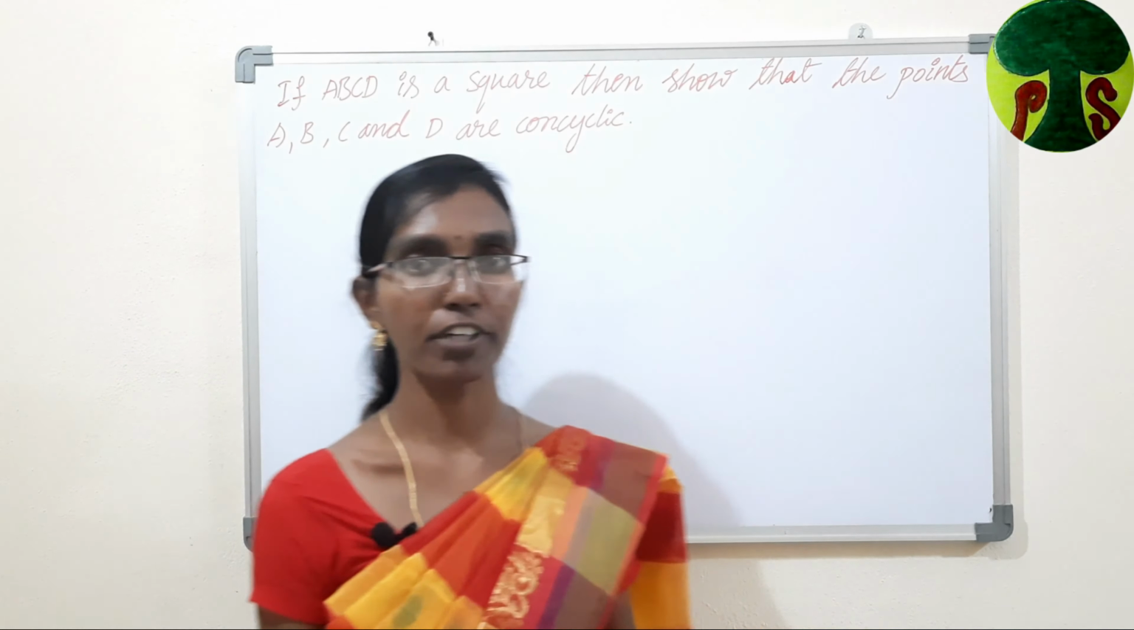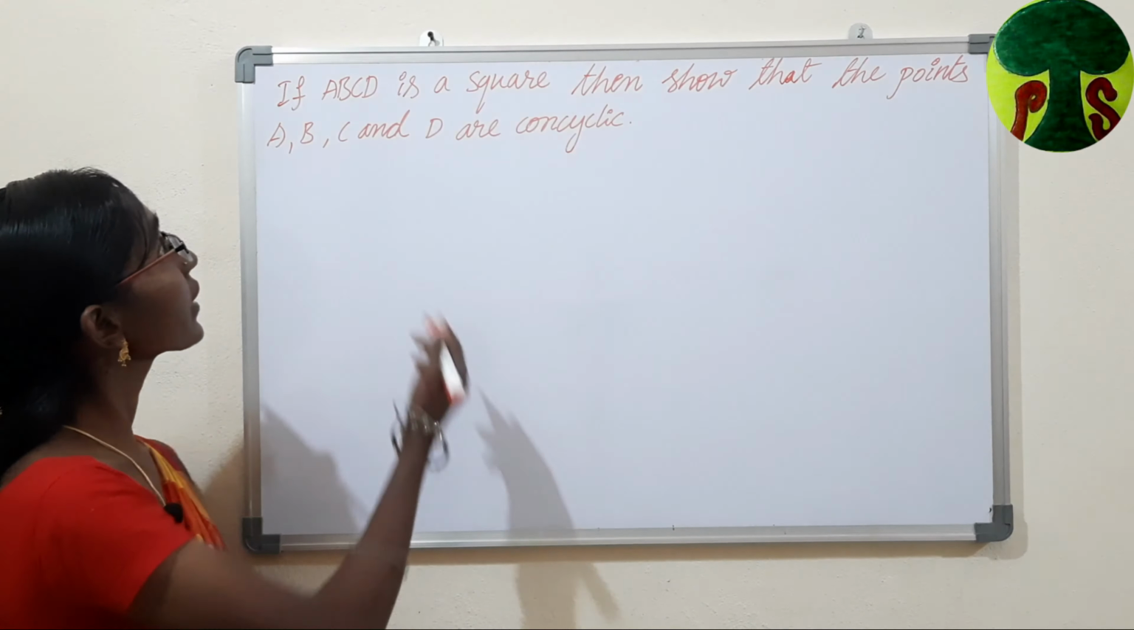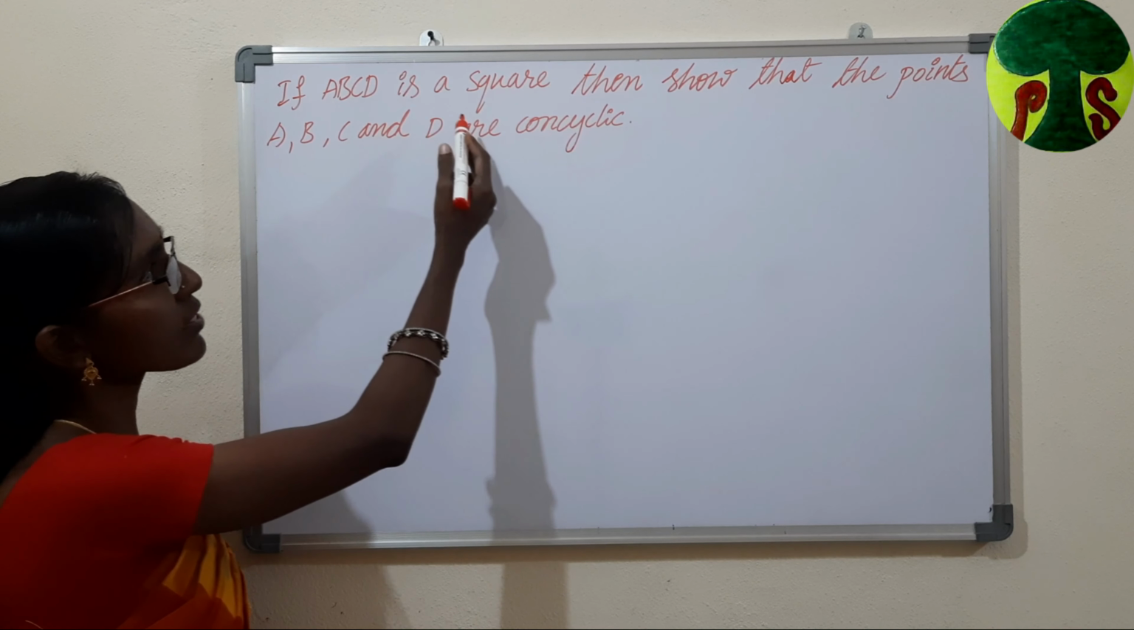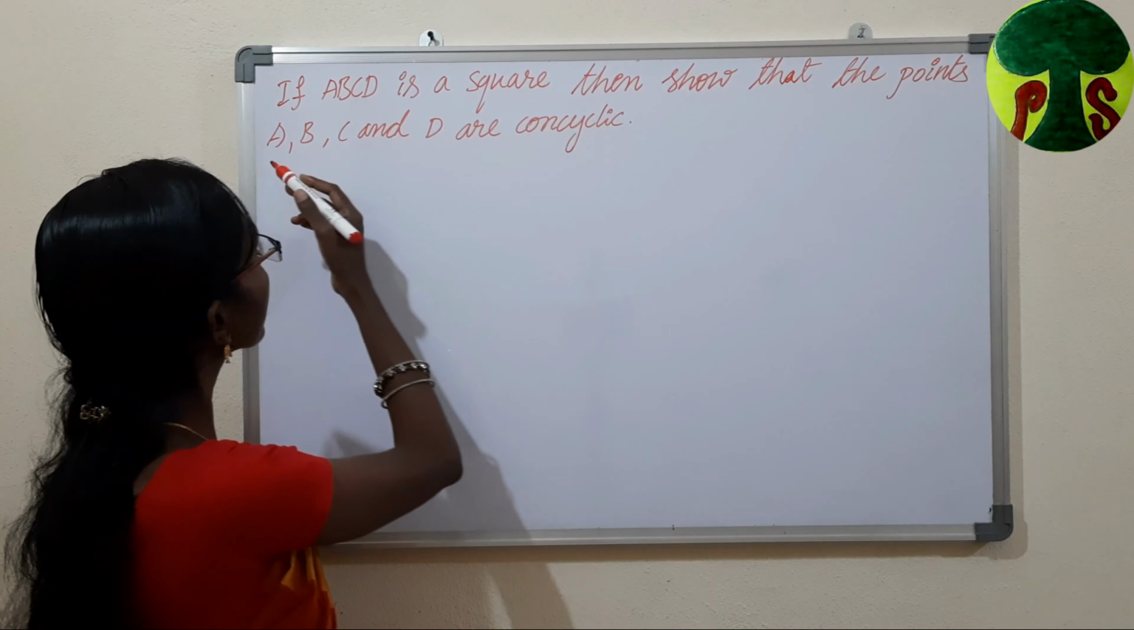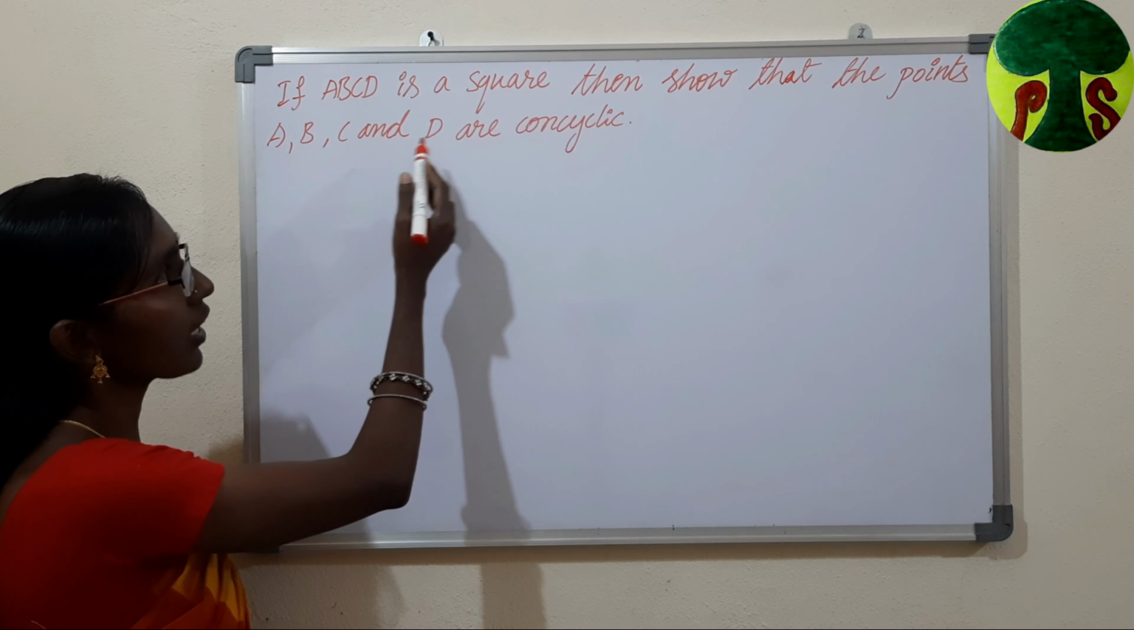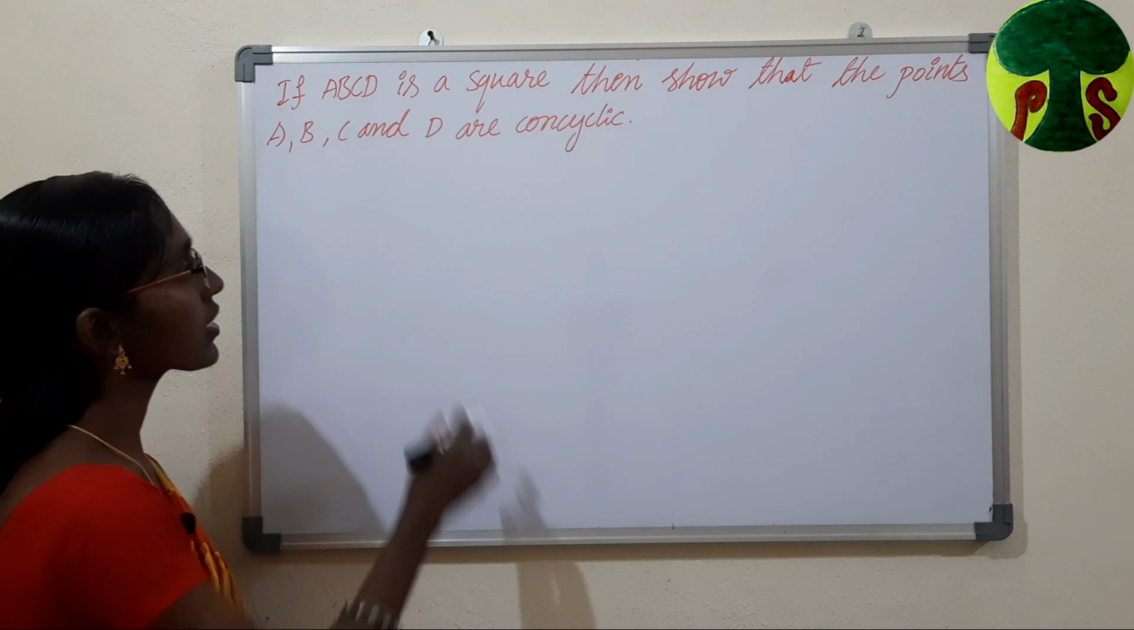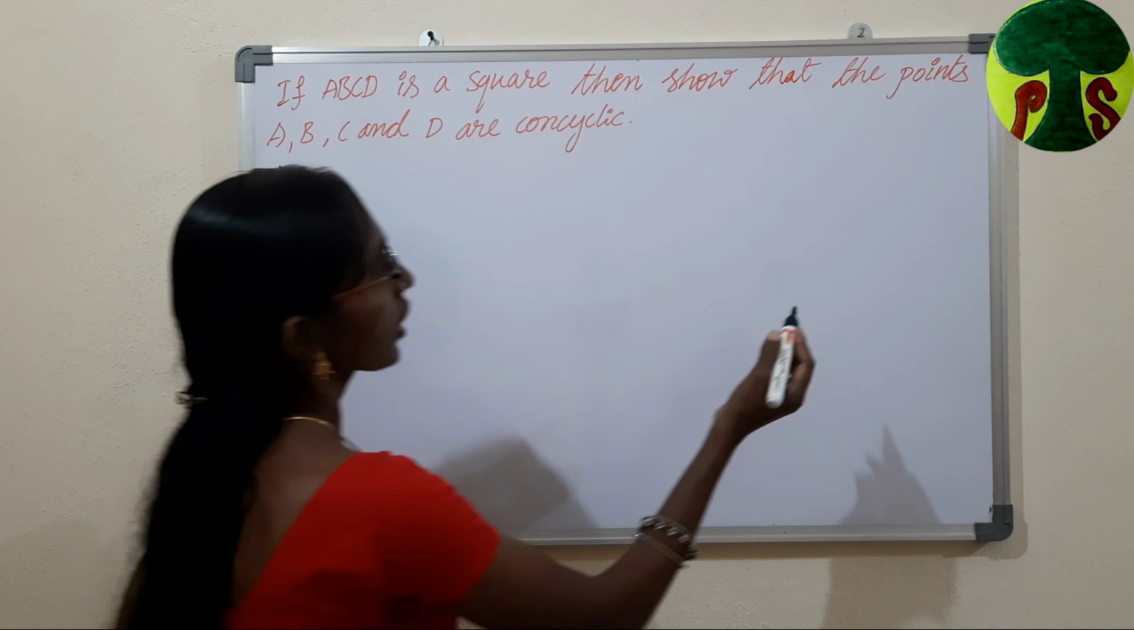We are going to solve a different problem from circle. Here is a question. If ABCD is a square, then show that the points A, B, C and D are concyclic. Here is a solution. Let us draw